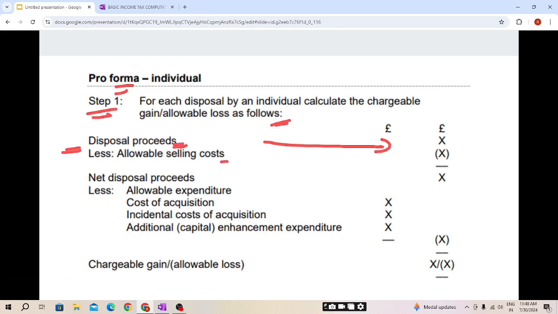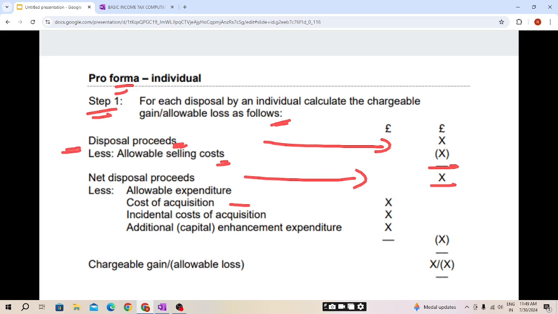Less allowable selling cost. The selling cost which we have incurred will be reduced. So disposal proceeds less allowable selling cost. The selling cost needs to be reduced. I hope this is clear. Whatever cost we have incurred to sell the asset, we can deduct it from the disposal proceeds. So if we deduct the allowable selling cost, we will arrive at a net disposal proceeds. Then from the net disposal proceeds, we will reduce the allowable expenditure. So the allowable expenditure will include cost of acquisition, the cost which we have incurred in order to acquire the